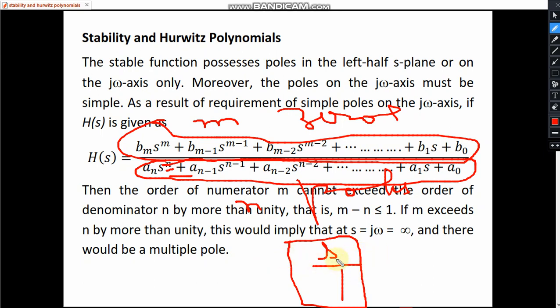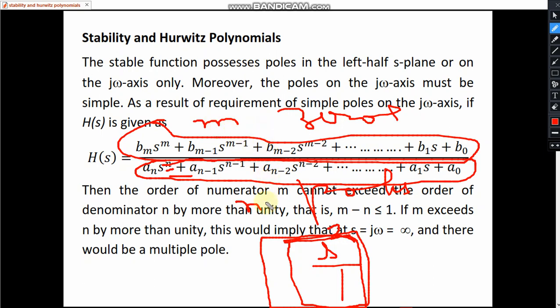If I substitute s equals infinity, H(s) will become infinity, so there is a pole at s equals infinity. If s squared upon 1, now we will be considering that there are two poles at s equals infinity. Now there are two zeros also at s equals 0, and there are two poles also at s equals infinity. So if m is less than n, in that situation n minus m number of zeros will be there at s equals infinity.